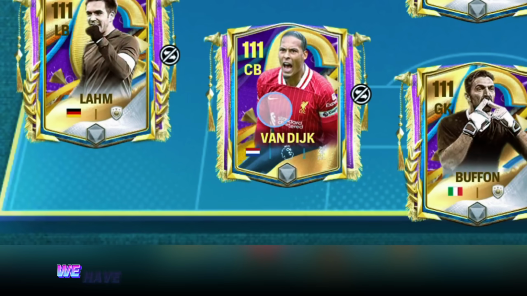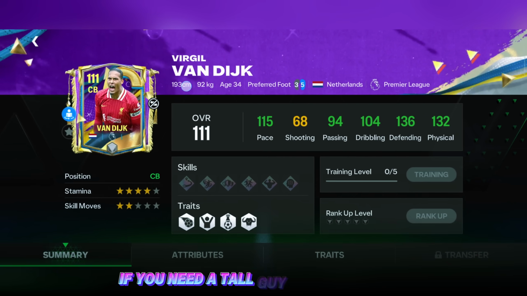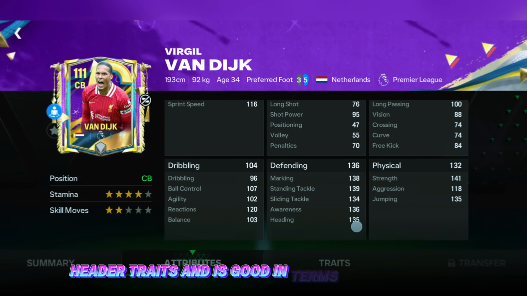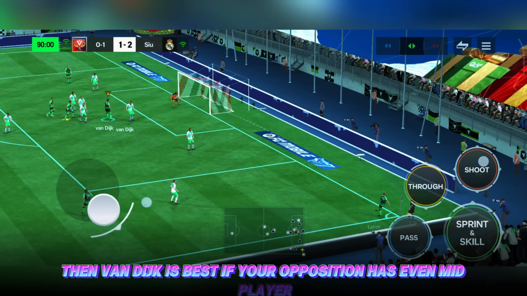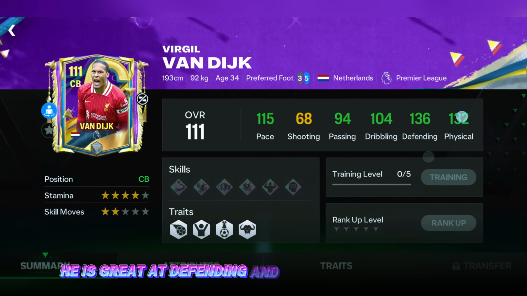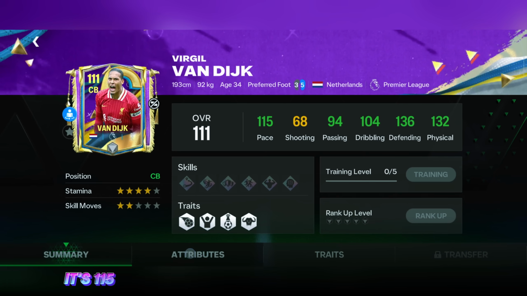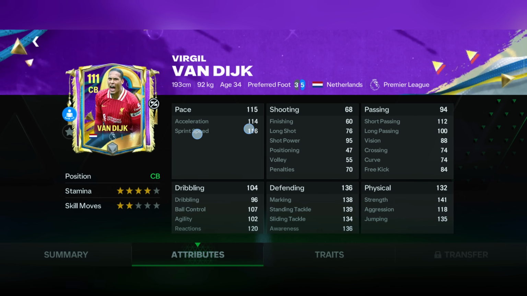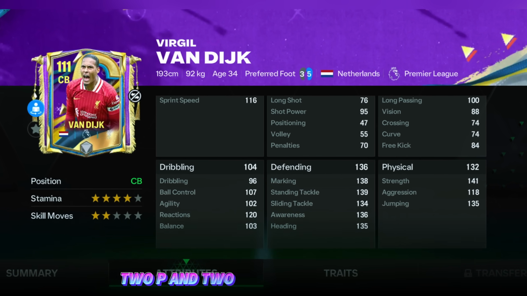Moving to player number 4, we have Van Dijk. Van Dijk is the second best defender in the game. If you need a tall guy who has power header traits and is good in terms of heading and jumping, then Van Dijk is best. If your opposition has even a mid player, then Van Dijk will cook through his headings. Anyway, he is great at defending and physically is also very strong. Talking about pace, it's 115 and this is an updated pace for the defender. Overall, a great card. I will recommend him 1 out of 3 for F2P and 2 out of 3 for